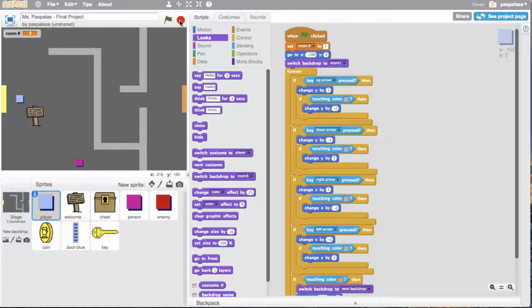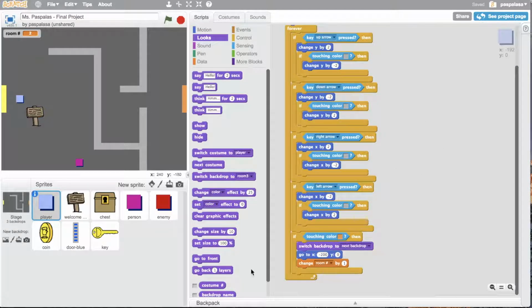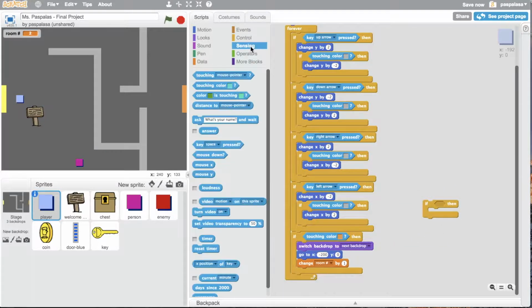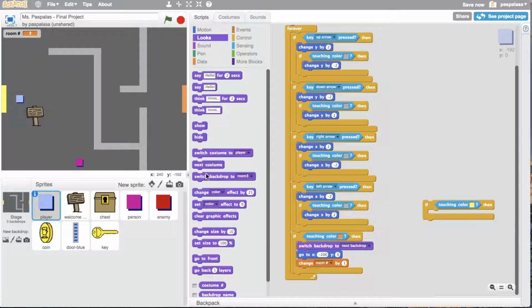So the next set of code that we need to add for step 4, coding your world, is we need to add code to make your player move to the previous room when they touch the yellow door. So we're going to do the same kind of thing that we did for the code for when the player touches the orange door to get into the next room. So I'm going to go to Control, pull over an if-then loop, and if touching color yellow, go to Looks, switch backdrop to previous backdrop,